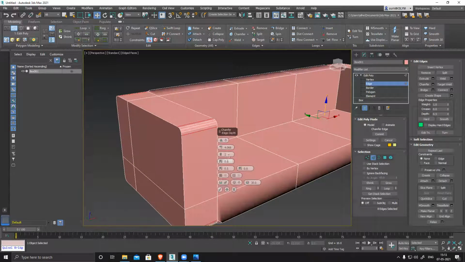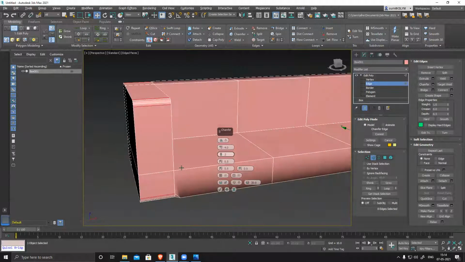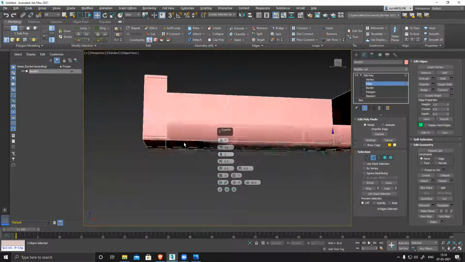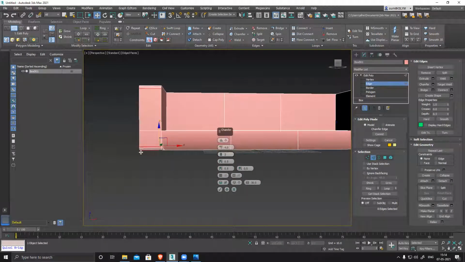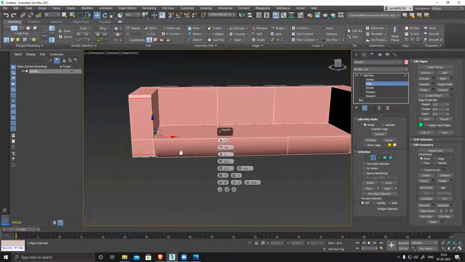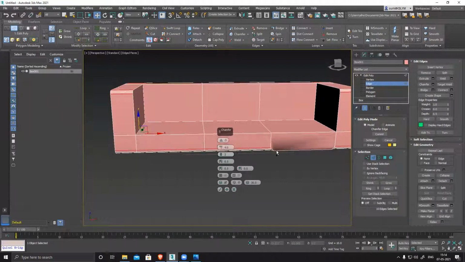Keep it low, like 3 or 4, like 2 or 3 lines in between. That's more than enough. So this is the distance of the bevel. So 4 is enough.